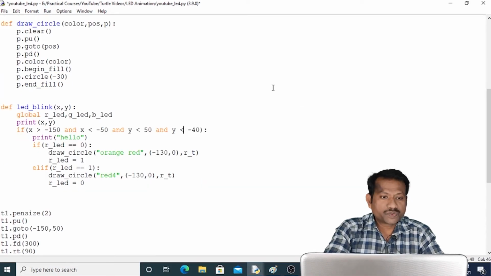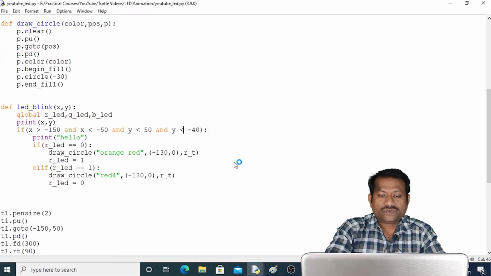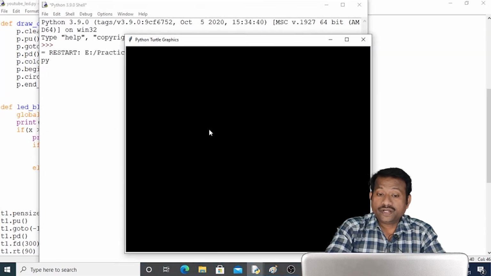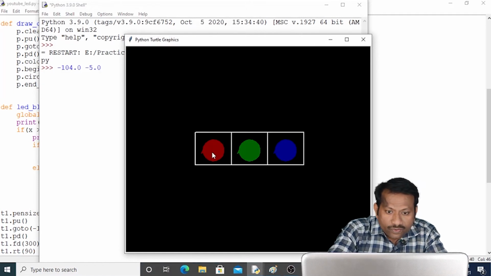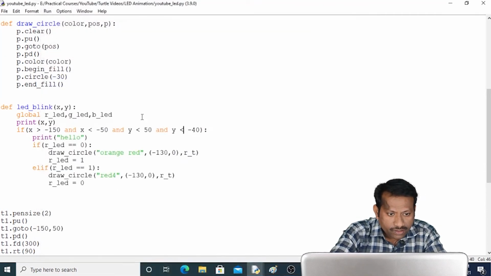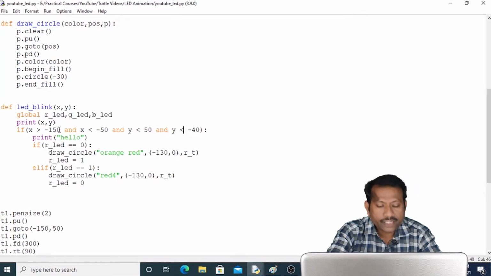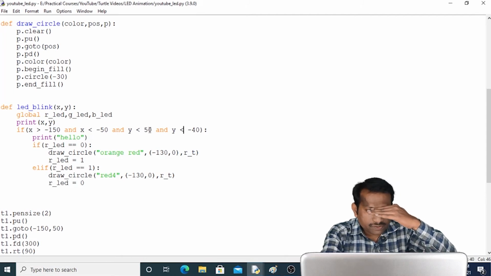Now let me run this code again. So if I click on this frame, it should change its color. Oh, it's not changing. So where is the problem? Let me check the problem. Here x is greater than 150, less than 150, y is less than 50, and oh, it's less than 40.